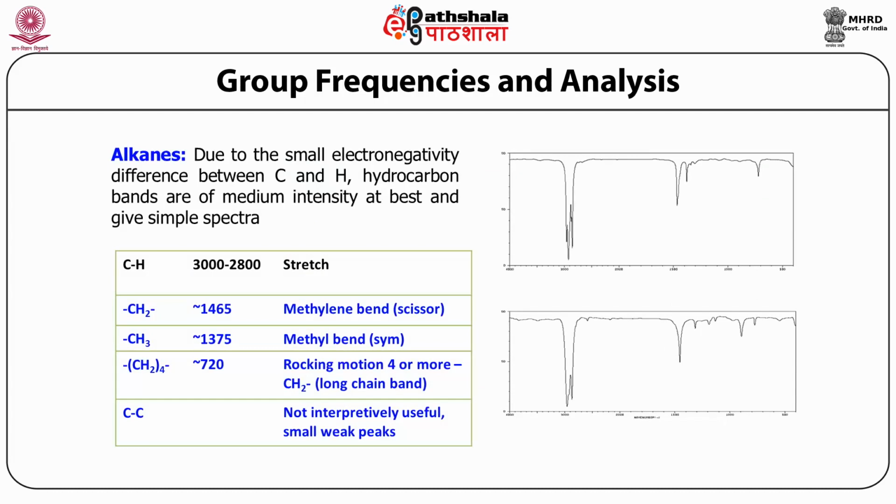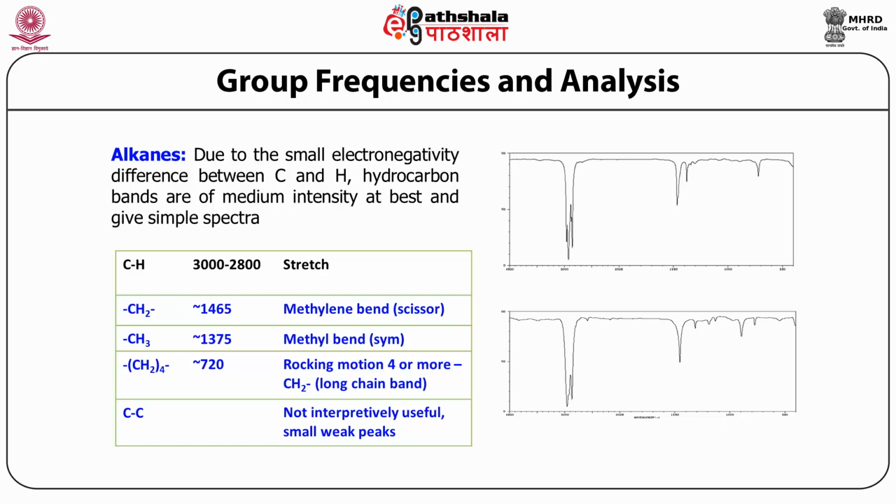You can see here the example of alkane, what kind of IR spectra of alkane we get. For alkanes, due to the small electronegativity difference between carbon and hydrogen, the carbon-hydrogen bonds are of medium intensity at best and give a simple spectra. You can see the spectra of dodecane and cyclopentane, almost similar, and it gives CH bond intensity